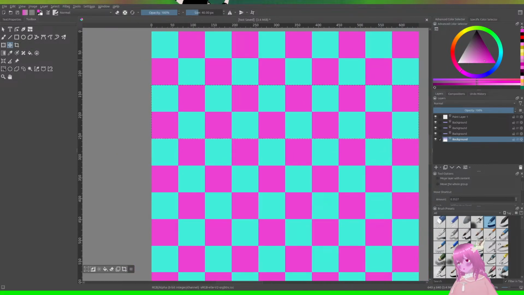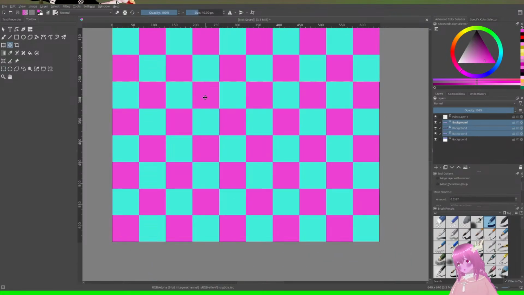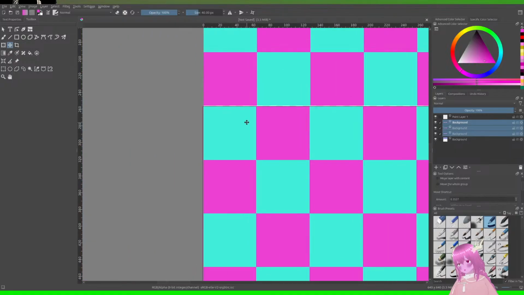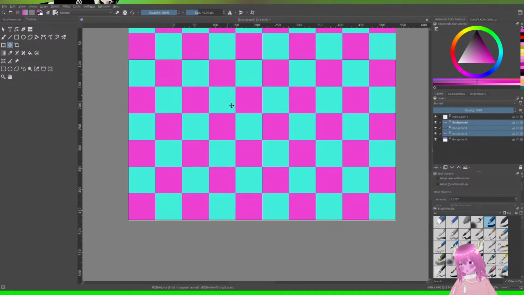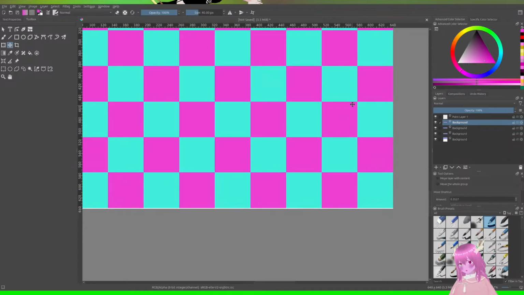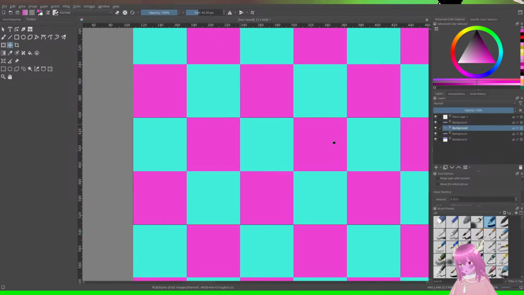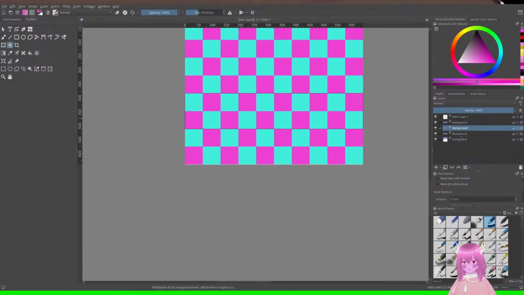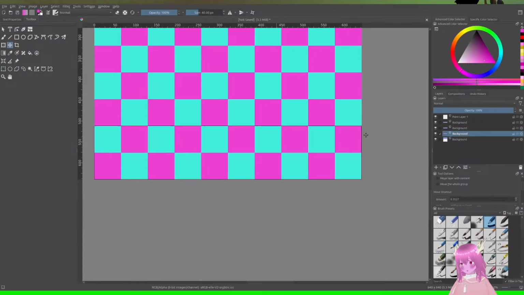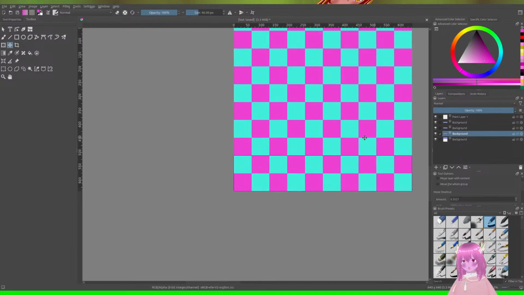Okay. Oh, thank goodness I can use the keys. And that bottom part is messed up. Alright, this looks right now.